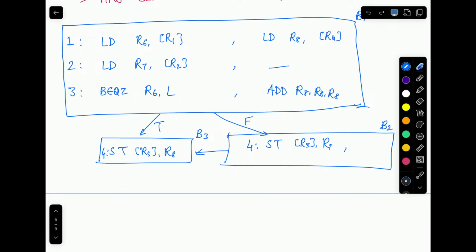Yeah, can I copy that statement into the empty slot of B2? Because anyway that has to be executed. So let me remove this edge then. And now, as you said, we are playing with the basic blocks now. We have reorganized the basic blocks. Let me remove the edge between B2 and B3 and just add a copy of this instruction over there. And what would that allow me to achieve? It will allow me to finish execution of the whole program in 4 cycles, irrespective of whether the condition is